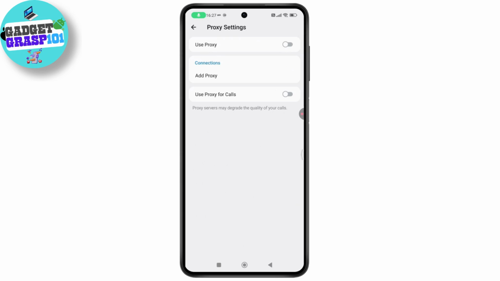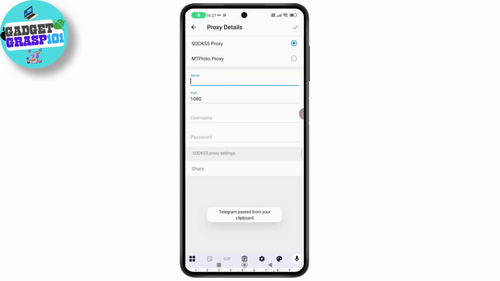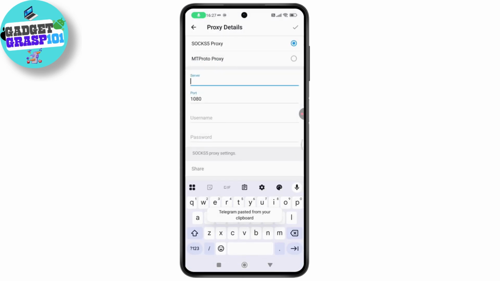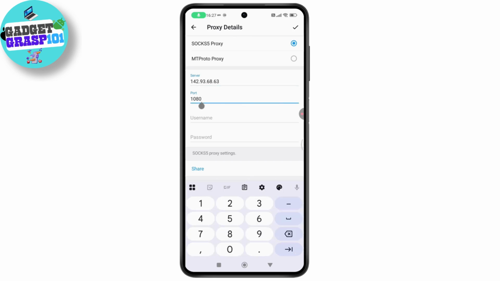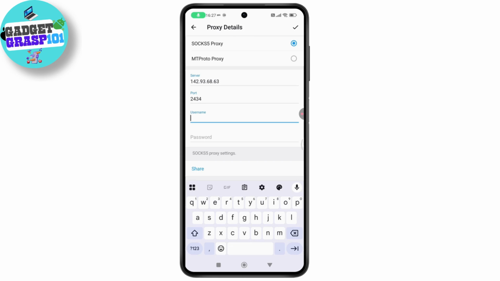So if you have any proxies, or if you've added any connections, you just need to simply go and delete it. Delete the server name and replace it with 142.93.68.63. Now delete the port name and type 2434, and then in the username section you need to type VPN,